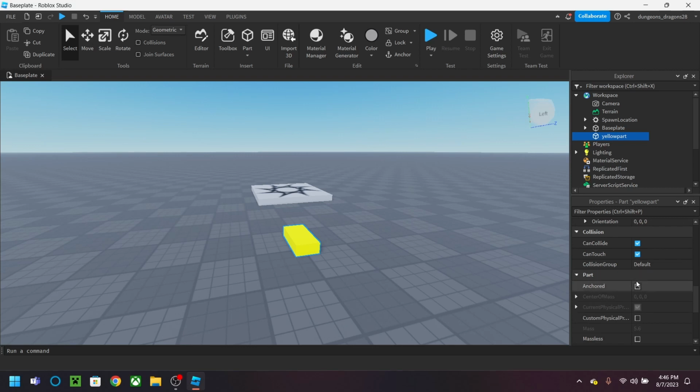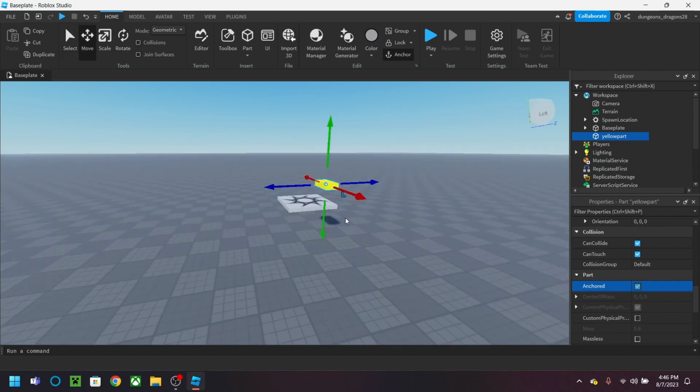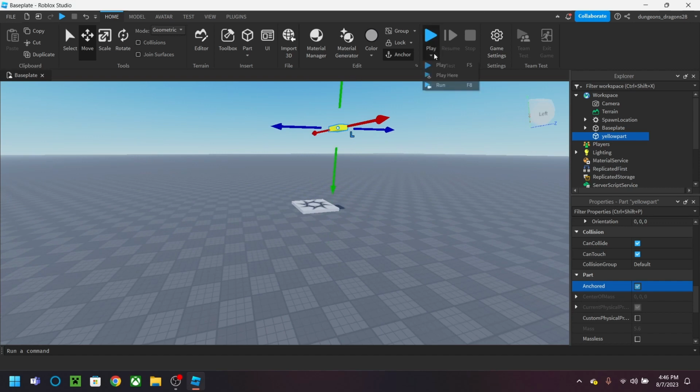This is the anchor thing. For some reason, Roblox Studio makes this default off, which is not very good. You should basically almost always turn this on, unless you're looking for physics. The way that anchor works is that if you switch to the move tool, we'll talk about these later, you can move this up, and